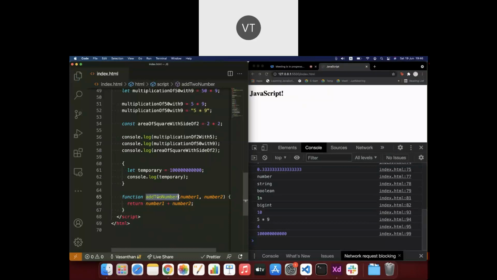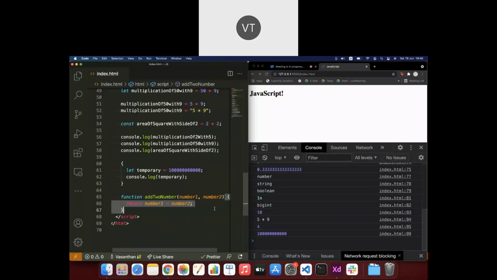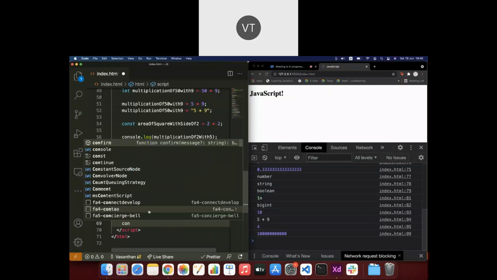So we haven't used this function yet. We have just created this function, which is called defining a function. So this part underneath is called a function definition. I'm using this function's name. I'm going to call it